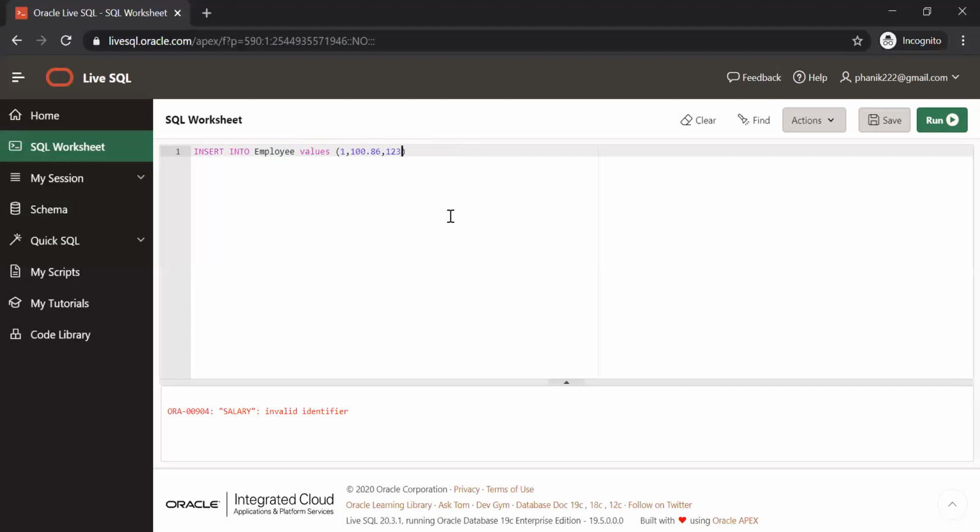I have two columns in my table. I am giving 3 values. Too many values. Why? It is expecting only 2. If you don't specify the column list, then it goes by the number of columns. And I need to explain this thing also. Whenever you are specifying a column list, the main purpose is 200.67. So here what happens is, let me show you.